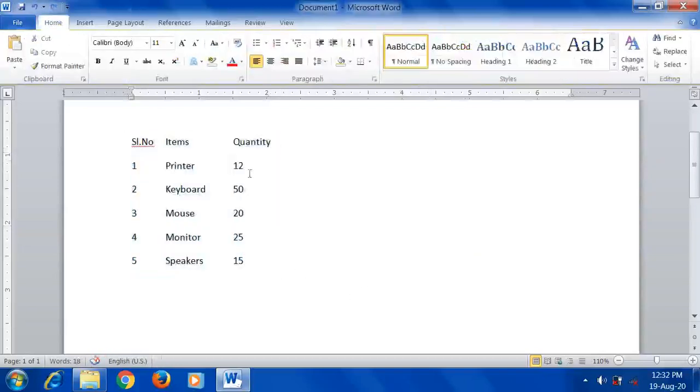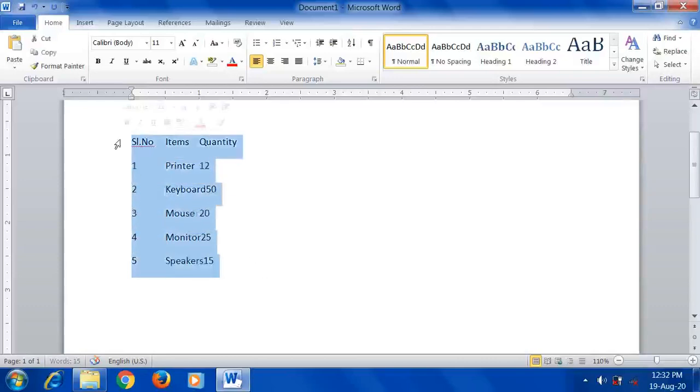So why has it happened? Because 2 times I pressed the tab key here. So that tab key was pressed 2 times, and that's why that problem. So let me take it back and we'll check it.